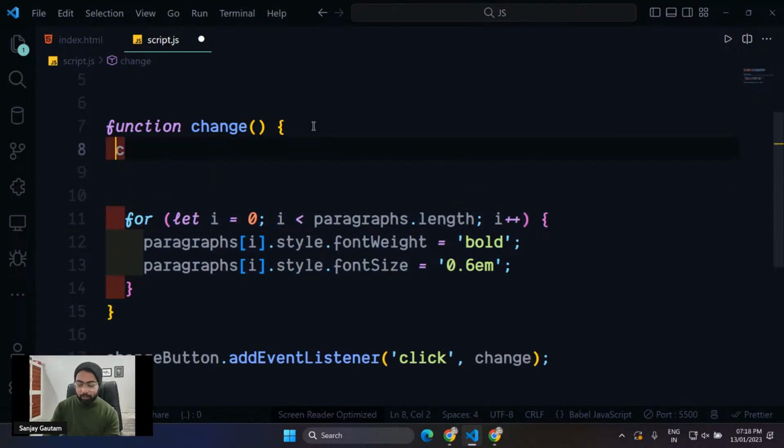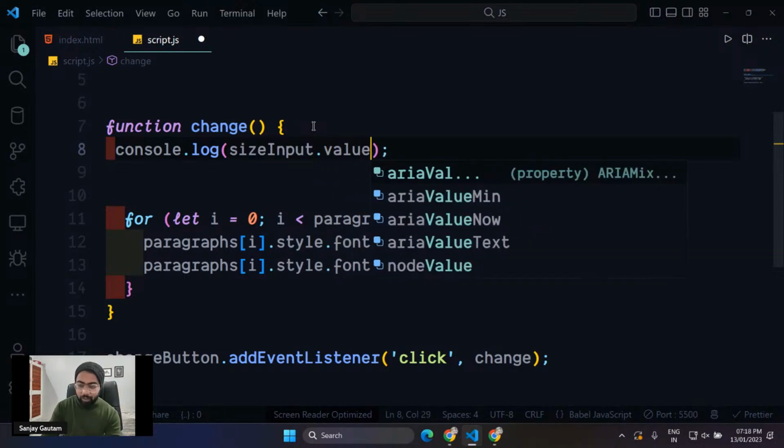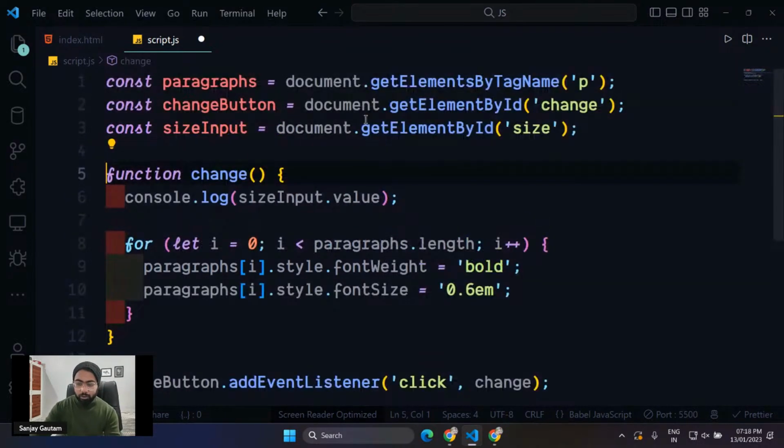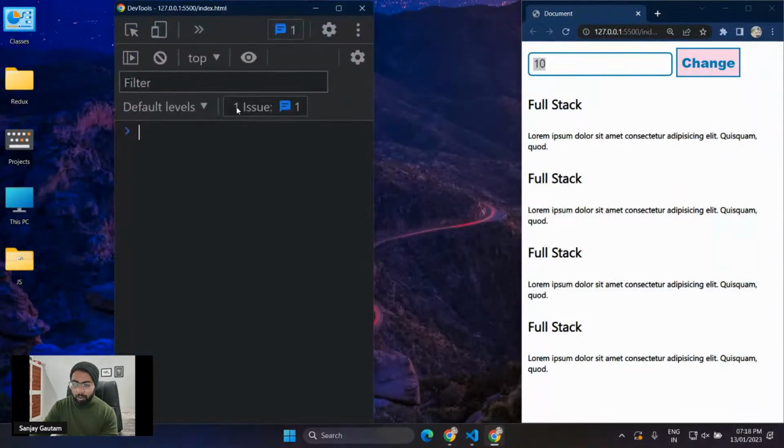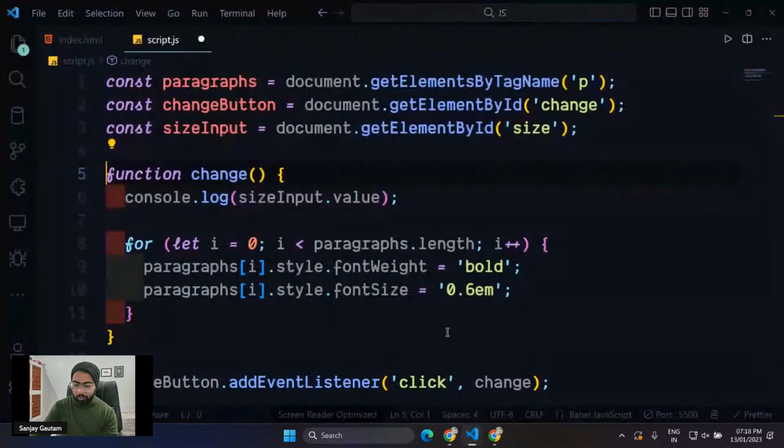Inside this change function, let me also write one more thing: console.log size input dot value. So this is your input field, and size input dot value will give you the value that is inside that input field. Let me show this to you, so it will be much clearer. Here I have this. If I click on this, I think I forgot to save it,